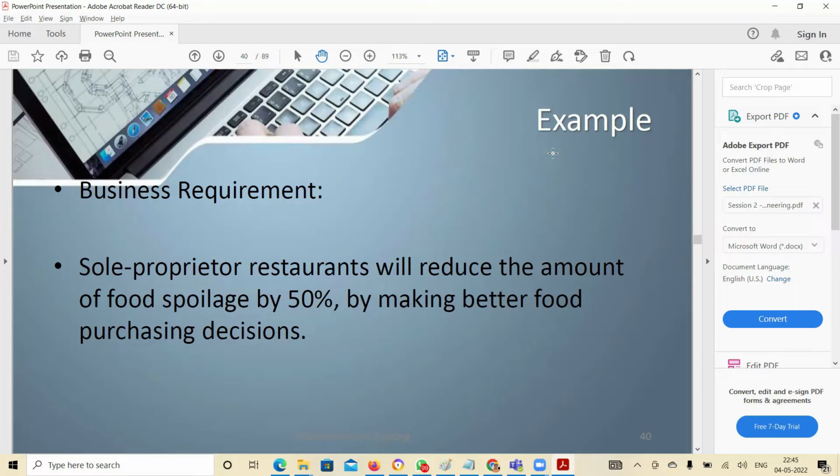What is a good idea? A good idea is focusing on managing your finances better, because you have a lot of outstanding payments which you are not able to collect, right? You need to receive. So in the balance sheet you can look at receivables, which will tell you how much money you are expected to get. You made the sales but you haven't got the money, so you have to balance your finances better, right? Similarly in this example, I can reduce the wastage by making better food purchasing decisions.